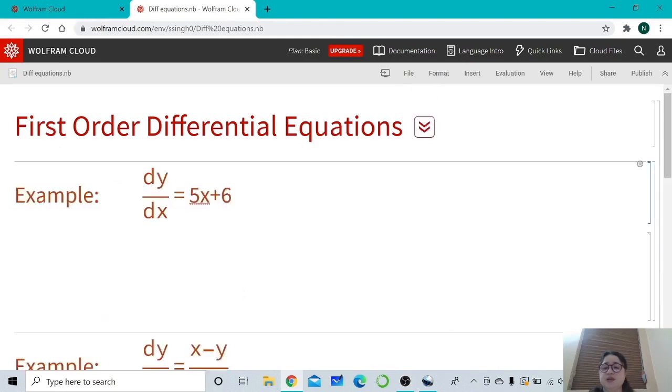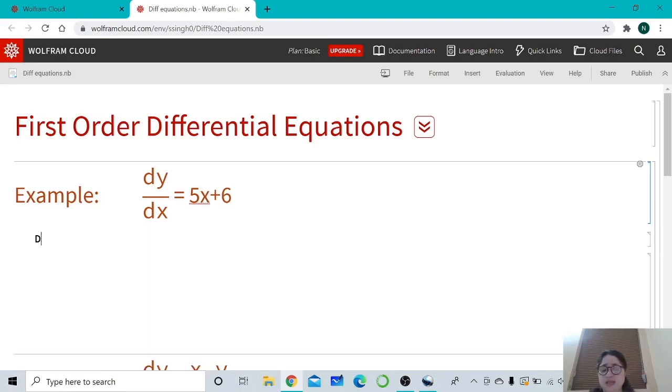Here we have chosen some examples of first order differential equations. The command used to solve a differential equation is DSolve. First I choose this example, dy by dx equals 5x plus 6. Now to solve this, I write DSolve with capital D and capital S, within square brackets. Our differential equation is dy by dx equals 5x plus 6. For dy by dx I write y dash